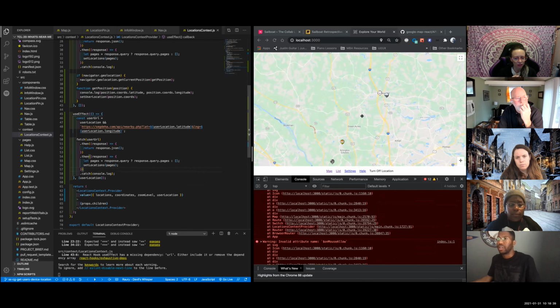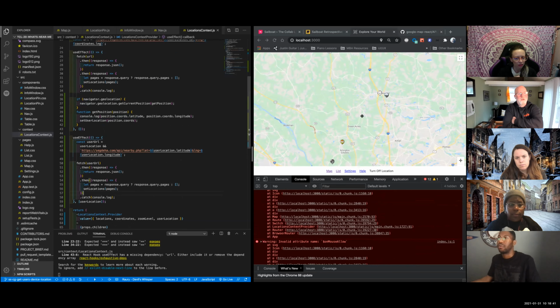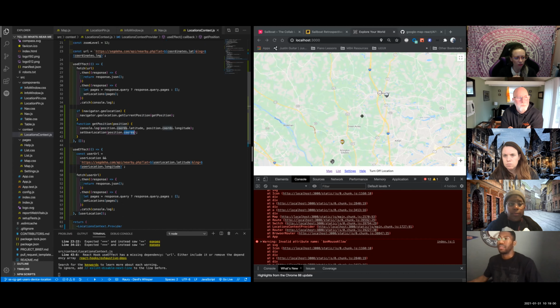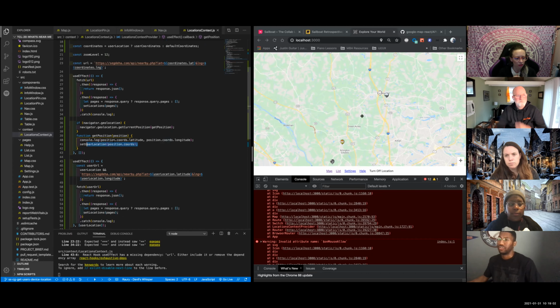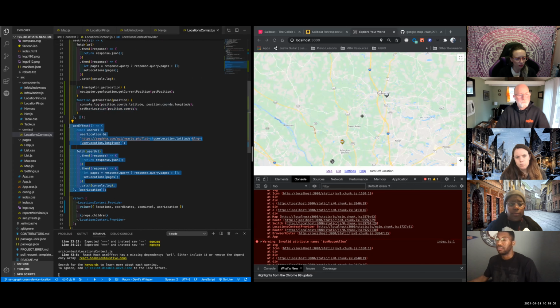So essentially what gets returned from getCurrentPosition is latitude and longitude. And then we're setting the user location to that array, which exists in an object called position. I think it has other metrics like accuracy and altitude and things like that. But coords has latitude and longitude. From this, now we have latitude and longitude in state. We then set up another useEffect that triggers whenever the user location gets set.